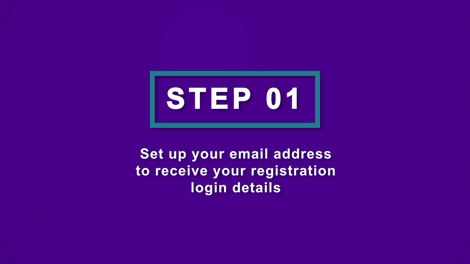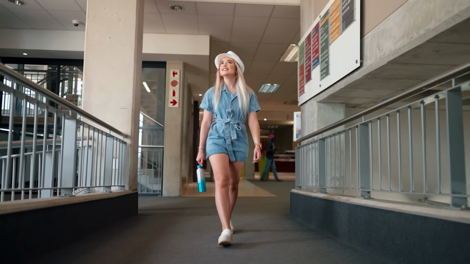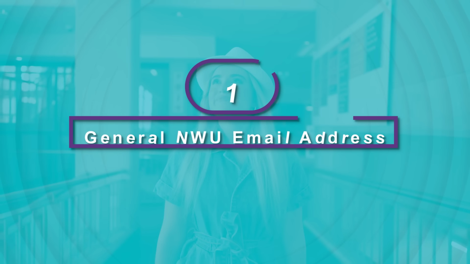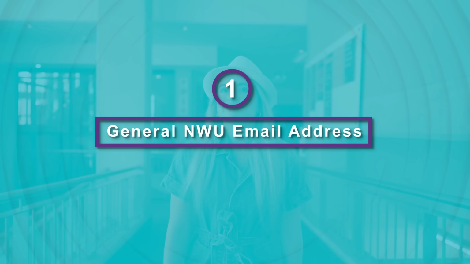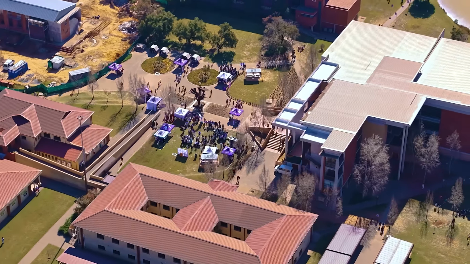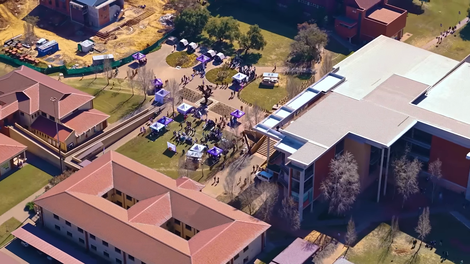Step 1. Set up your email address to receive your registration login details. As an NWU student, you will have two active accounts. 1. General NWU email address. As a prospective student, once you have accepted your final offer, you will receive your 8-digit NWU university number. Use your university number to set up your NWU email address, which is your university number at